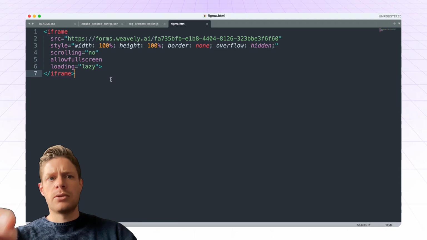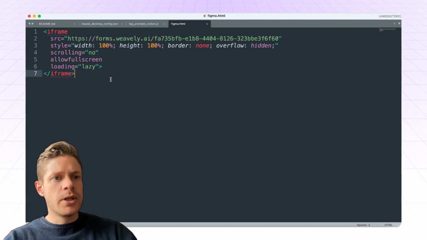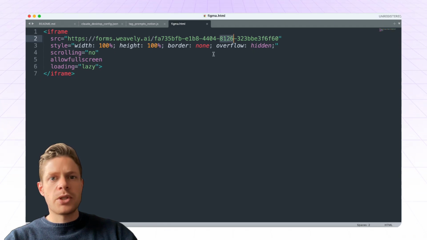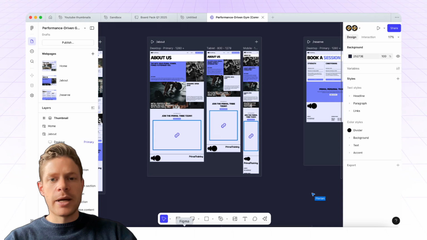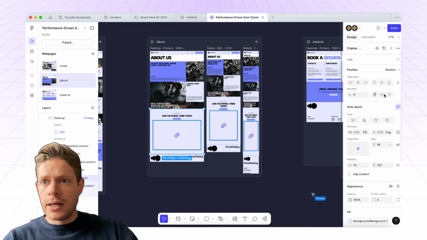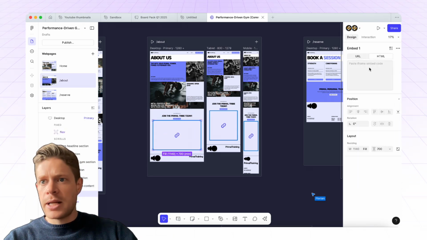So it's pretty simple. I'll leave the link to this iframe code at the bottom of the video as well. Essentially, you have your form source here, which is the URL, and then in the style, you set it to fill the width and the height. And the important part here is that you set scrolling to no. So if we copy paste this code and head back into Figma, and then select our embed here, paste this in here,